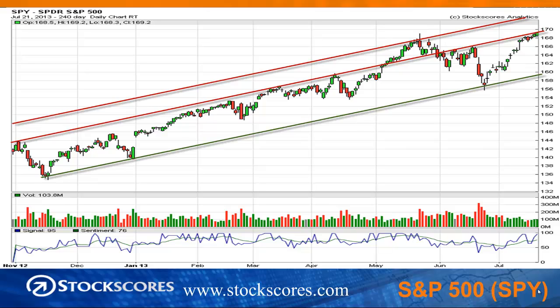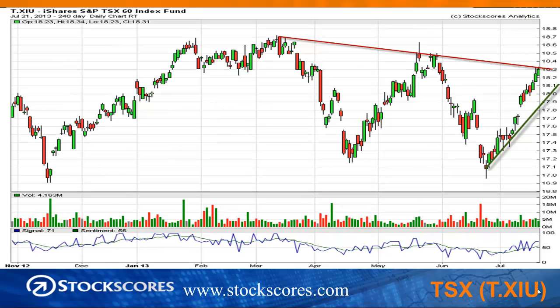once back in May. What can't be denied is that the buyers are in control, and although the market's volume has been relatively low, and although the intraday volatility has been relatively low, it can also be said that the buyers are in control of the market and there's really no sign of weakness. And so I think that this is a bullish market, but one that is risky simply because we are coming